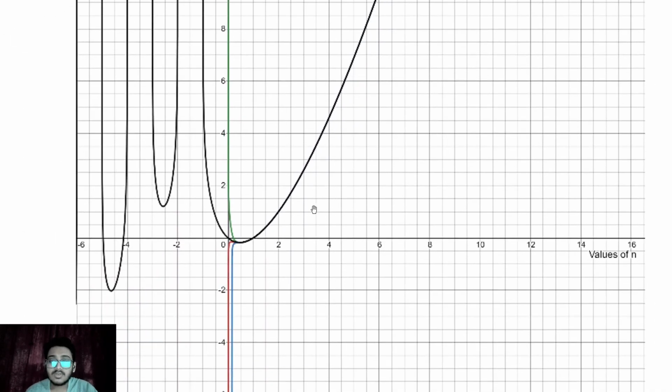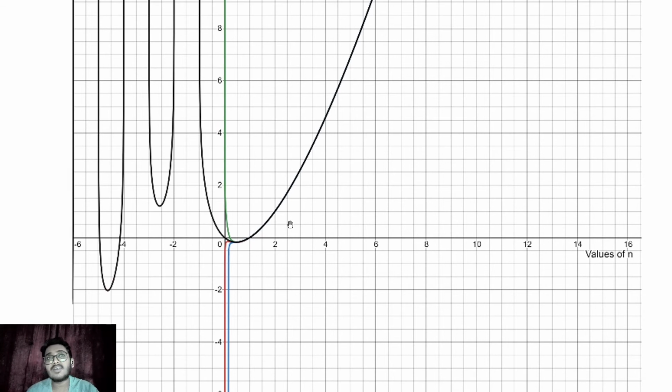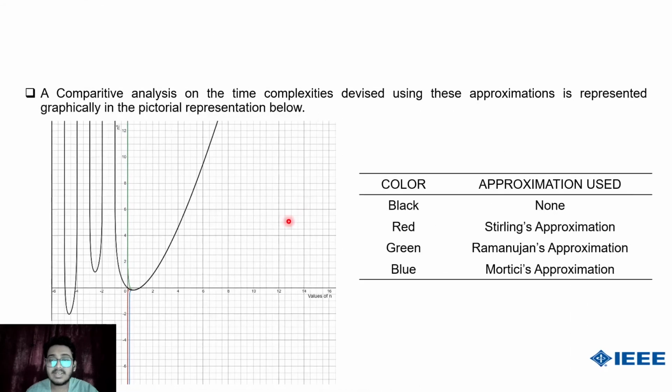In any data set, we can't have a cardinality that is less than 1. It's very obvious that the minimal cardinality that any data set in sorting could have will be 1. So we can say that after 1, the values of the sorting time that one can reach by making use of any of these approximations will be the same. Nearly they are the same and they surge up to the same extent. So we can say that all of them will be nearly equal to linear time.